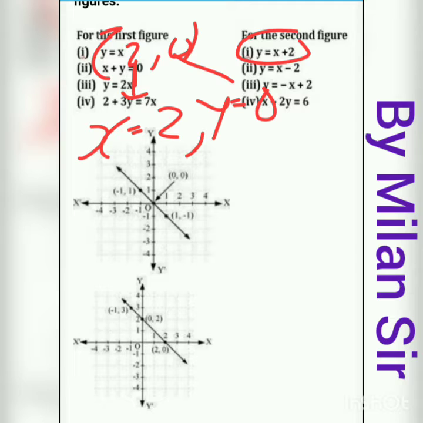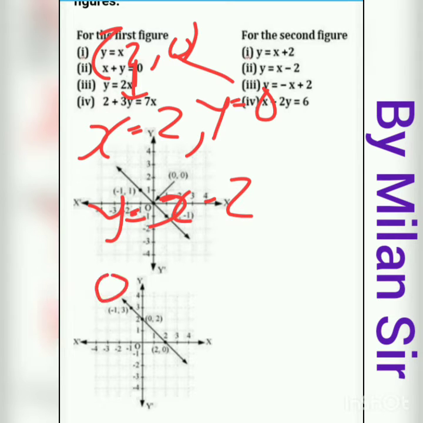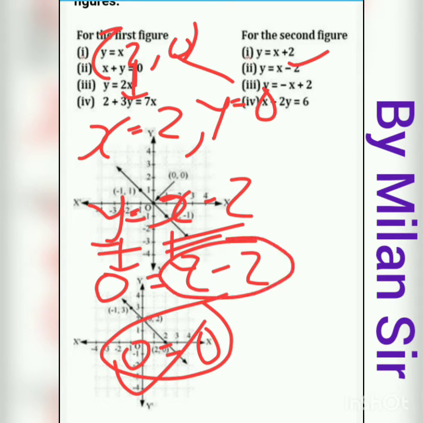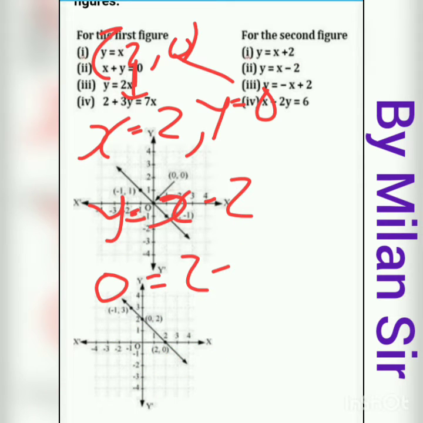What is our second option? y is equal to x minus 2, right? Now y is 0, x is 2, 2 minus 2 is 0, right? So here we get 0 is equal to 0. This is right. So option B, the second option, can be our answer, but we need to check our third and fourth options too. In the second option y is equal to x minus 2, y is 0, x is 2, here 2 minus 2 is 0. So this can be our answer, but we need to check option number 3 and 4 too. So now option number 3.